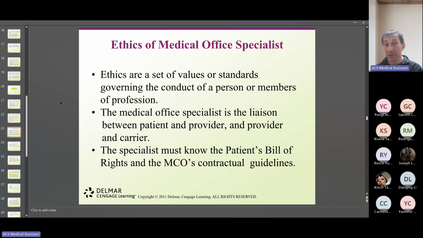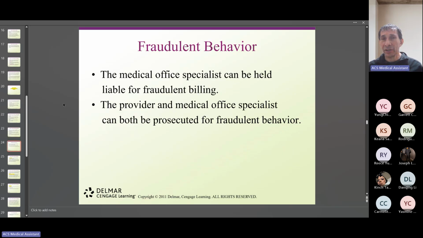So remember, we have some codes that we're going to be reimbursed for. And sometimes we might be thinking more about the money that we want to get reimbursed versus the condition of our patients. So that's basically how it is. Law and ethics are very important to follow in any circumstance.